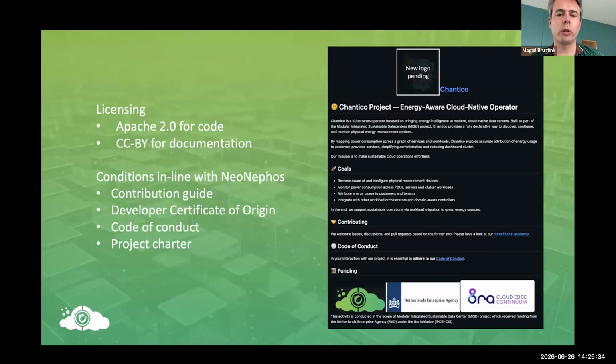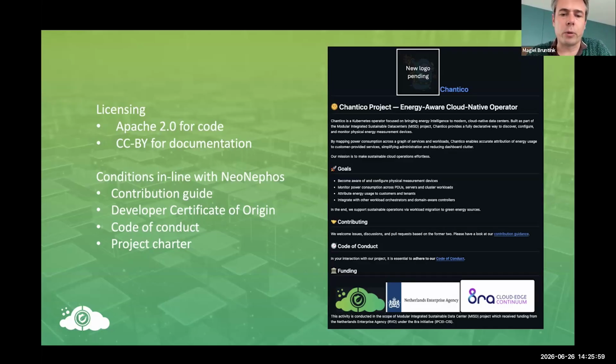This is all available in our project proposal, but just for completeness, we've set up the project very much in line with the NeoNephos conditions. So we have a contribution guide. We ask first-time contributors to provide a developer certificate of origin. We have a code of conduct. We have a project charter.